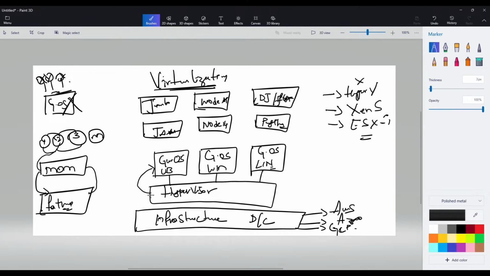Here, the reason why hypervisor is called a core component here, because it will take the necessary requirements from the host, from the infrastructure, and it will make sure that it is providing all the resources to the guest operating system. It will make sure that it is taking the enough resources from the infrastructure, and it will make sure that it is providing all the resources to the guest operating system. What kind of resources are required? CPU, RAM, GPU, or hard disk, etc. So hypervisor will make sure that it is providing all the required resources to the guest operating system.